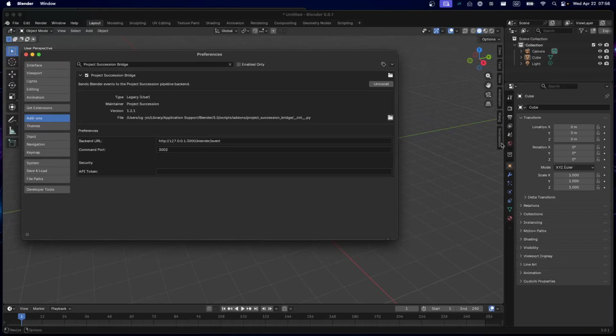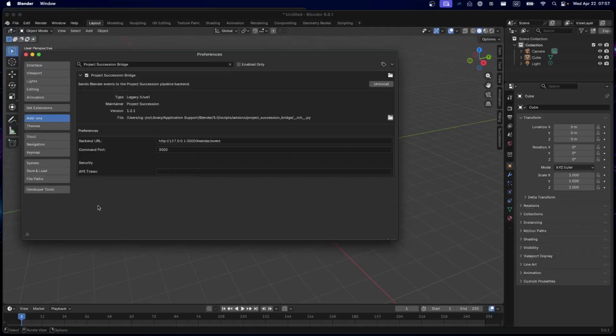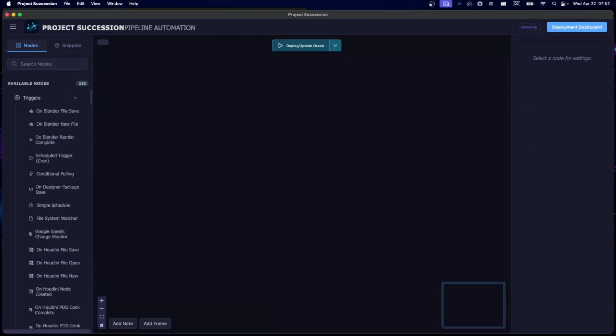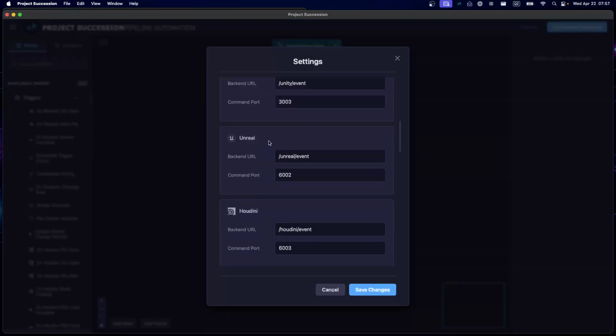we have it here. So you now see here a very little pipeline bridge plugin. There's nothing really there. It's just there to show you, hey, it's actually listening for commands and has created its WebSocket server. So we need to do one more thing. Let's go back to the preferences, because for security reasons, Project Succession will, if we go into the Project Succession settings, if you scroll all the way down,